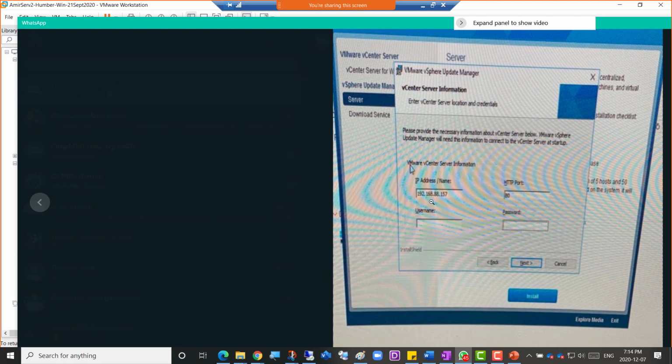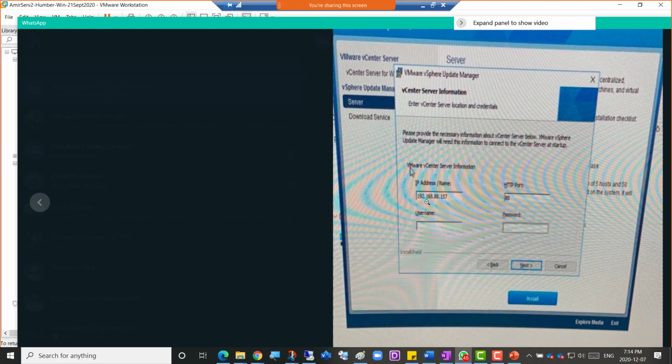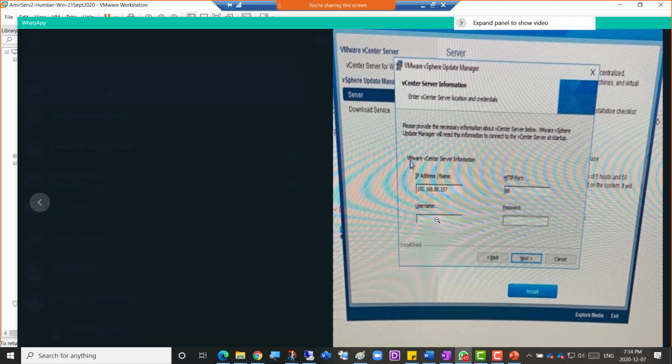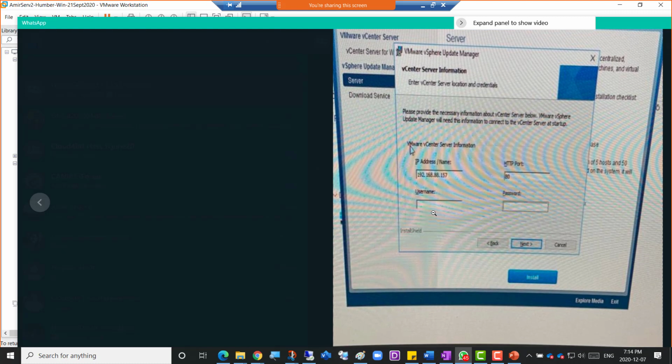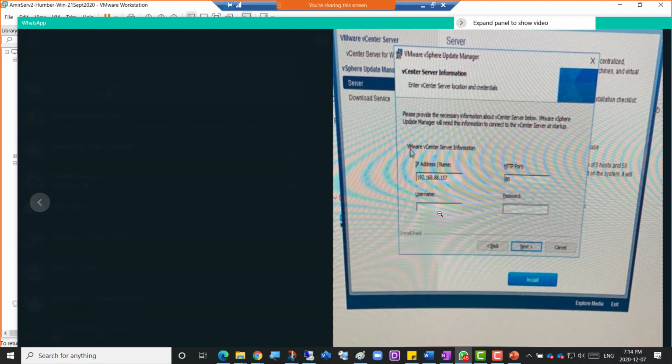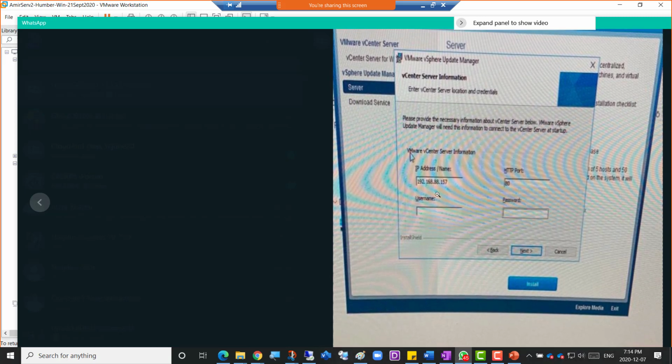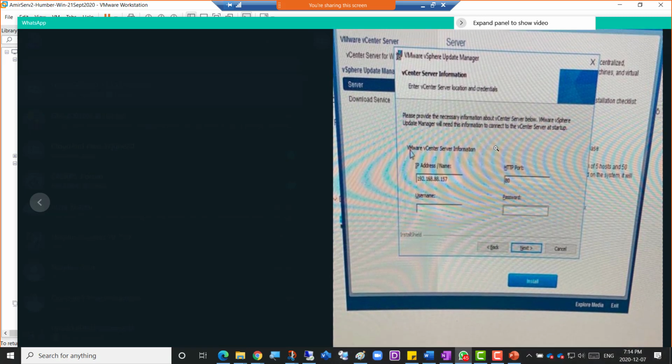In this window, the IP address is the IP address of the vCenter, which is 192.168.200.2 or whatever IP you gave to the vCenter machine. The username would be administrator@vsphere.local, the username of the vCenter, and the password is the one we use to log into the vCenter. So it's the IP of the machine and the username and password to log in.